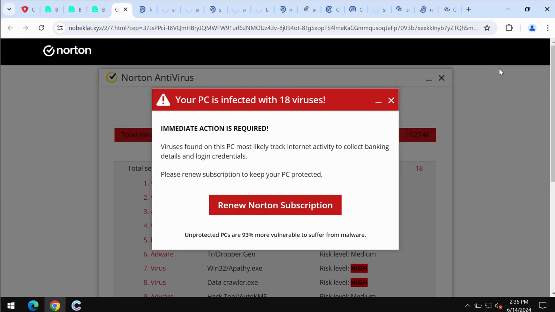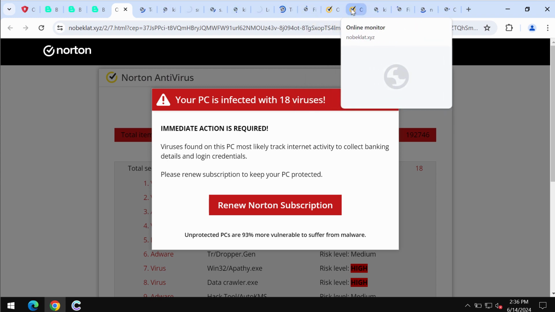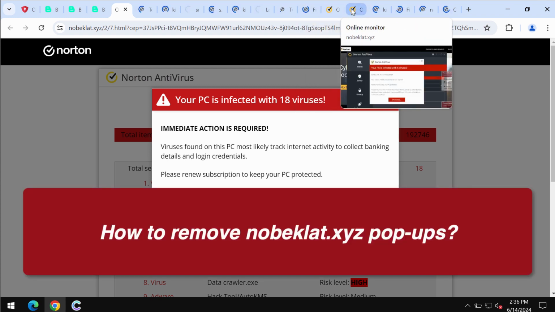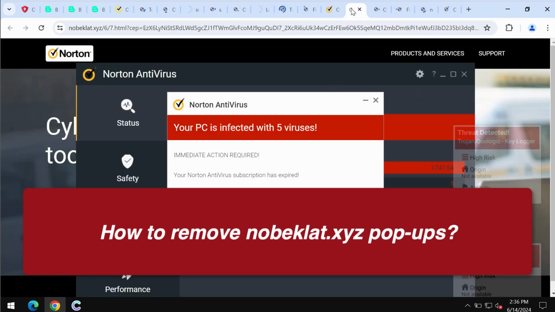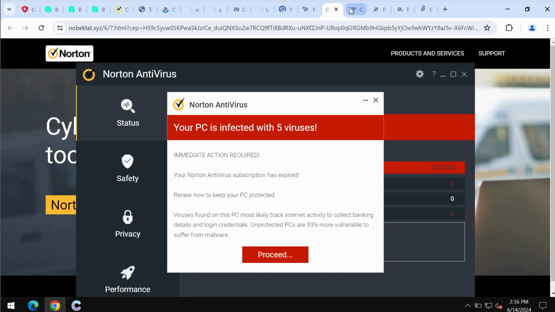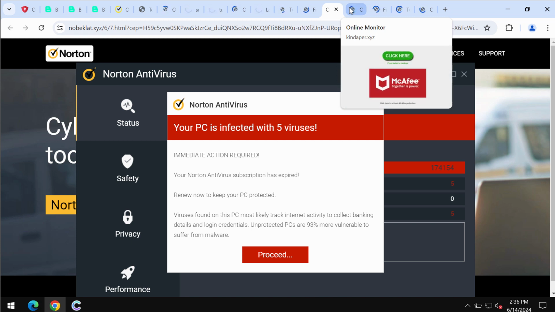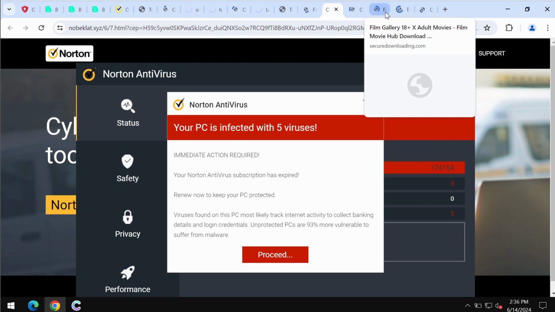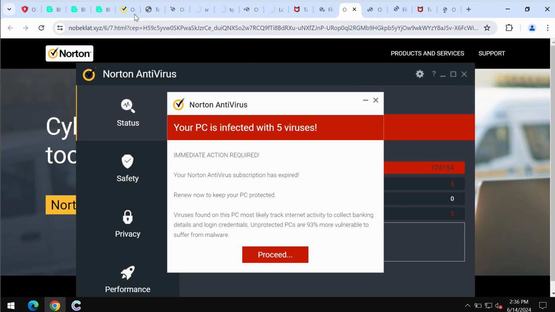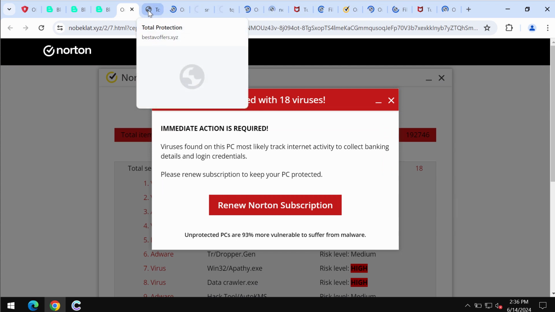Ladies and gentlemen, my video tutorial will provide you with help to get rid of the malicious pop-ups by the site Nobeklat.xyz. Such pop-ups are dangerous. They try to make you basically scared regarding the condition of your computer in order to make you eventually download and install